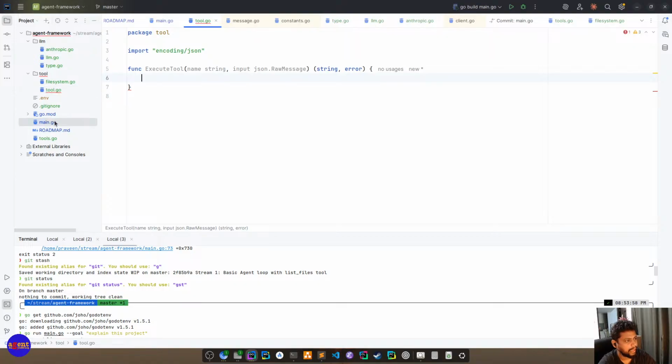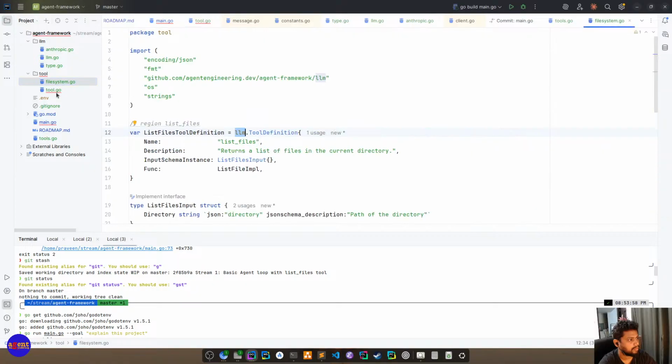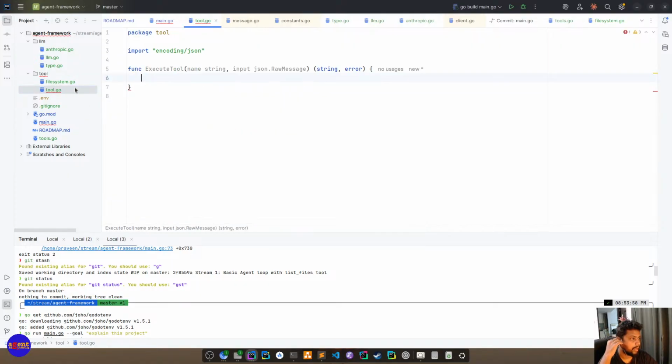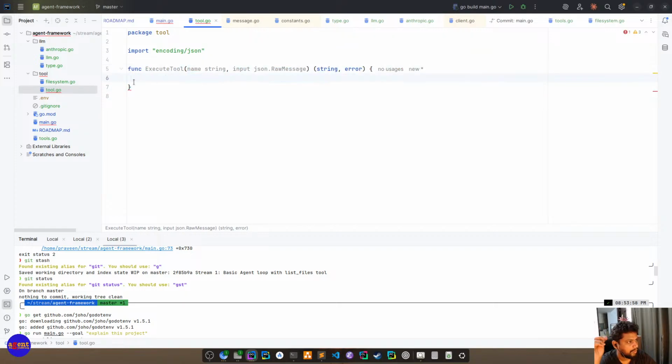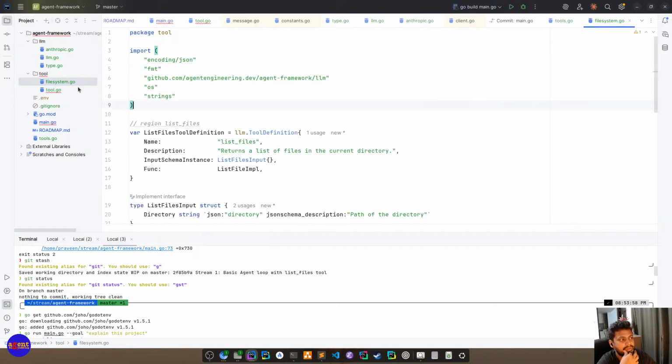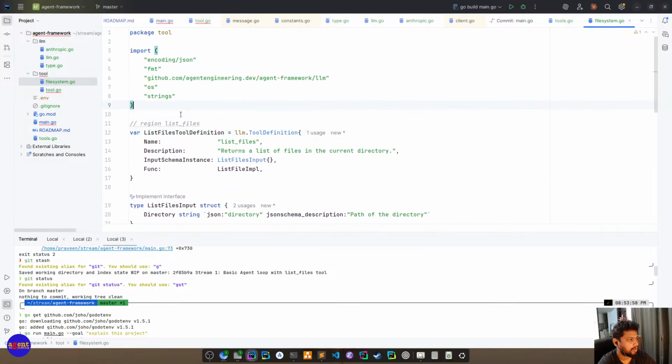Or let's just do, where do we get the access of tool, right? Okay, so the problem is we need some list of this tool definition somewhere stored, right?